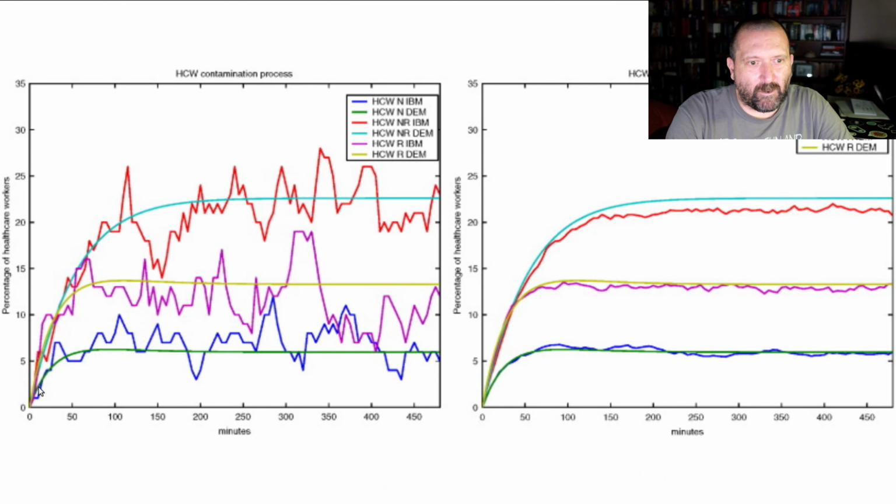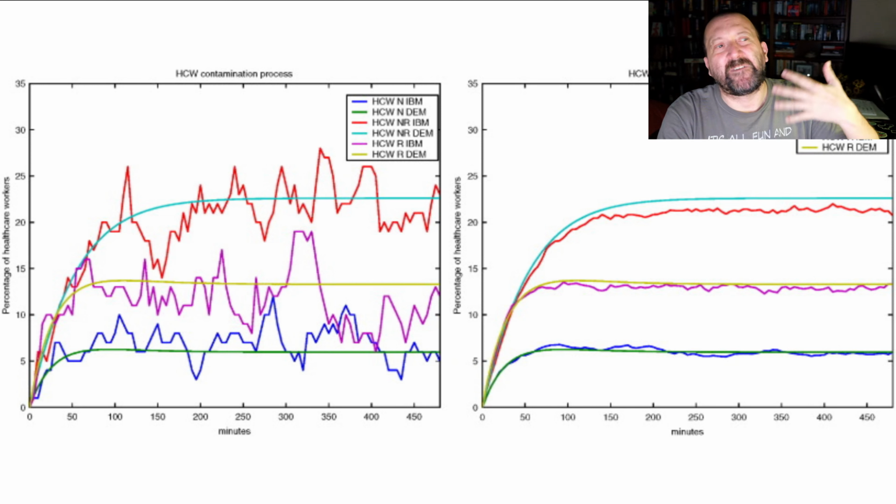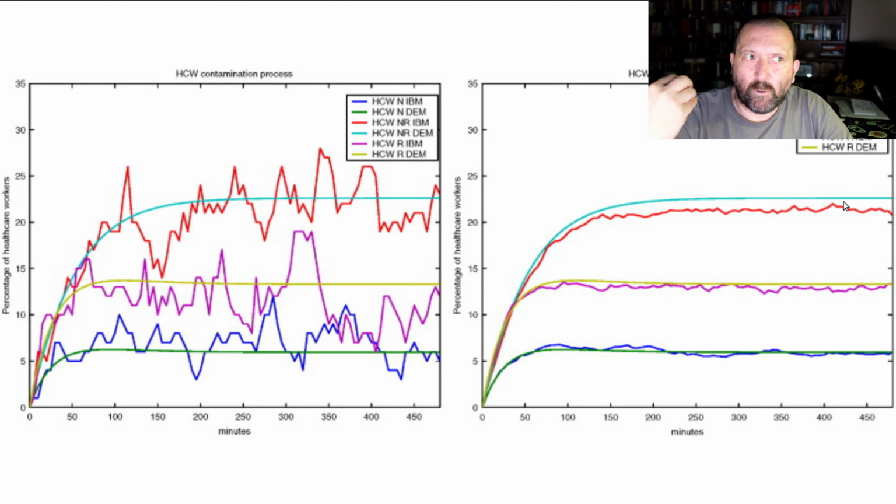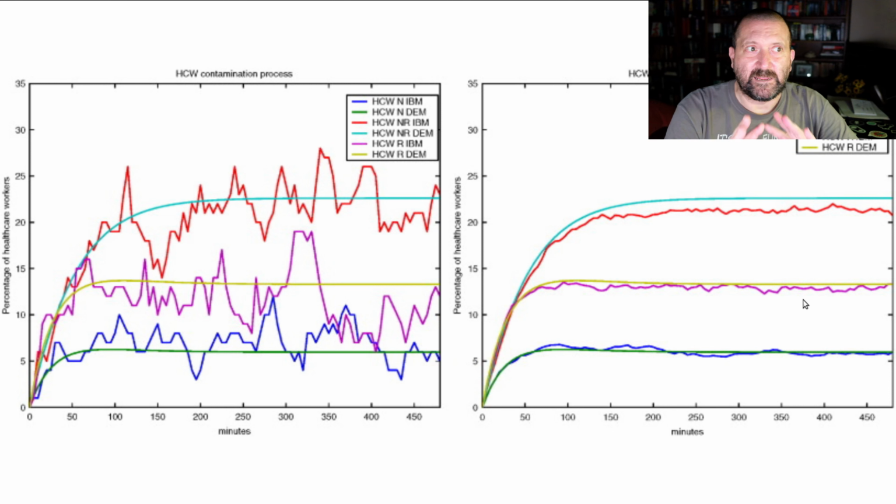And actually, on the left here, you see trajectories corresponding to one healthcare worker, for instance, whereas this one is an average over 80 different trajectories. What's interesting here is that these curves that you see are what the ODE that they find to approximate the ABM predicts. So you can see that the ABM and the ODE match quite well.